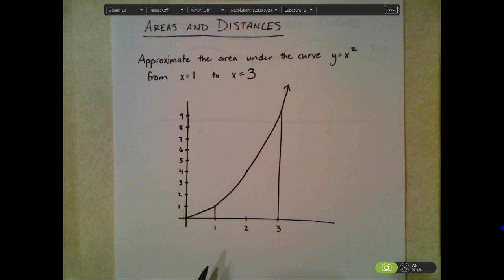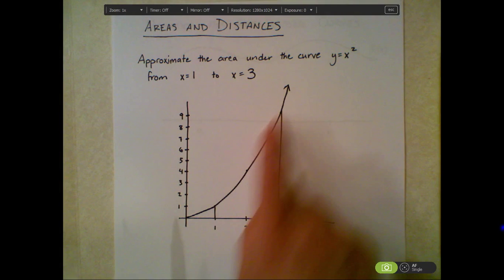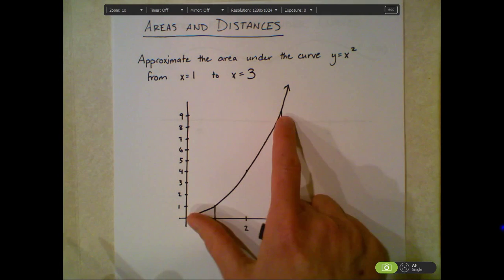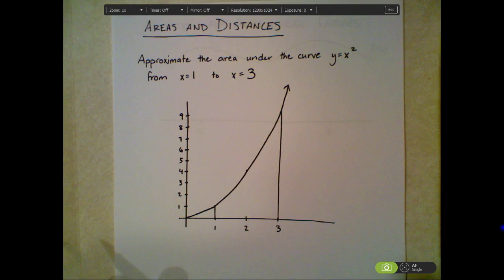In order to approximate this, we're going to use rectangles. Why are we using rectangles, you say? Those might give us a lousy approximation. This looks a lot like a trapezoid. Why not use a trapezoid to approximate it? The answer is, our selection is somewhat arbitrary; you could use whatever type of shape you wanted to. The reason we end up using rectangles is twofold. One, it's really easy to compute the area of a rectangle, right? It's just base times height. And it turns out it's not going to matter that rectangles end up being a lousy approximation in this case, because we're going to show that using lots and lots of rectangles gives us better and better approximations.